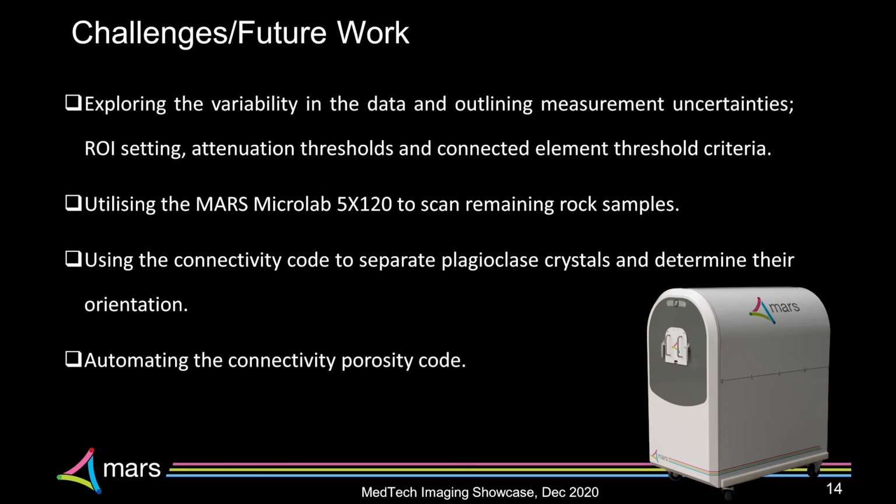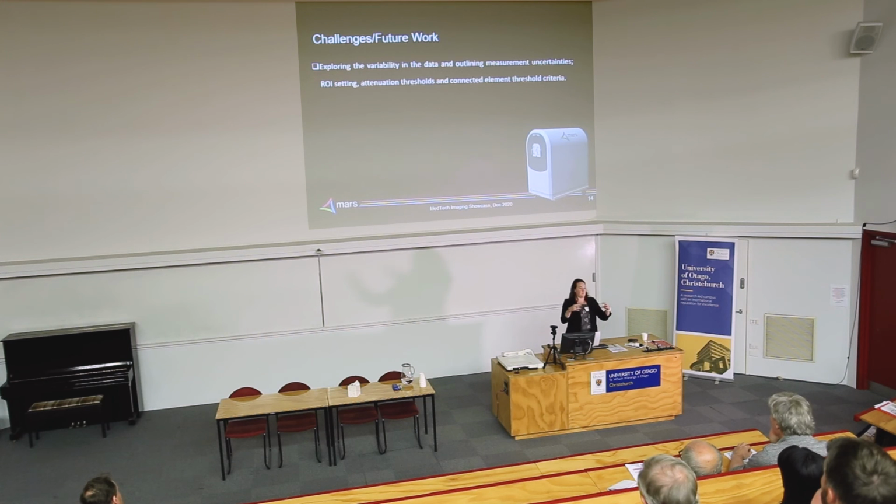So the next step is to explore the variability in the data and provide uncertainty measurements for all of the results. Setting the regions of interest: if you scan the rock sample on a tilt and try to take a region of interest through the rock and you get air, you reduce the amount of region of interest you can have. And setting the attenuation thresholds is really important to make sure that what you're actually looking at is pore and is rock. That comes down to your voxel size and what elements are within each voxel,